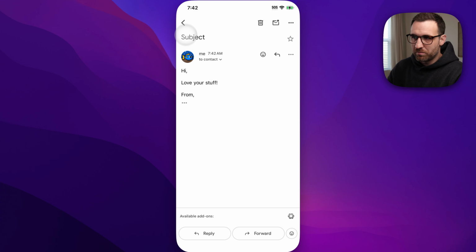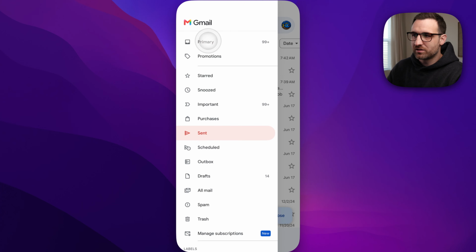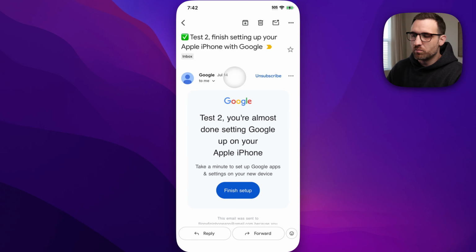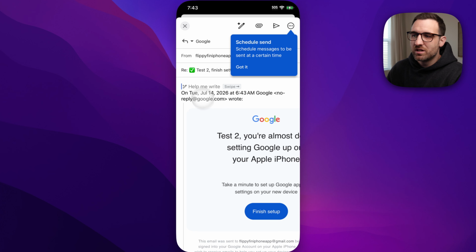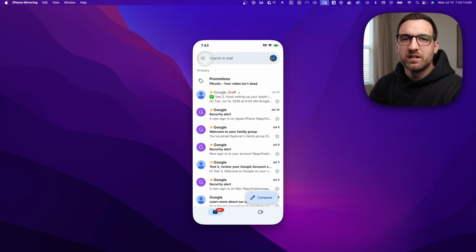Now, you can also reply to emails and forward emails. So if you're in your inbox and you pull up an email like this, then at the bottom, you can hit reply or forward, and that's going to allow you to reply to that message, and then you can just tap or type in your email here and send it as well. You can also schedule to send. I don't know if you saw that little pop-up in the 3 dots, but